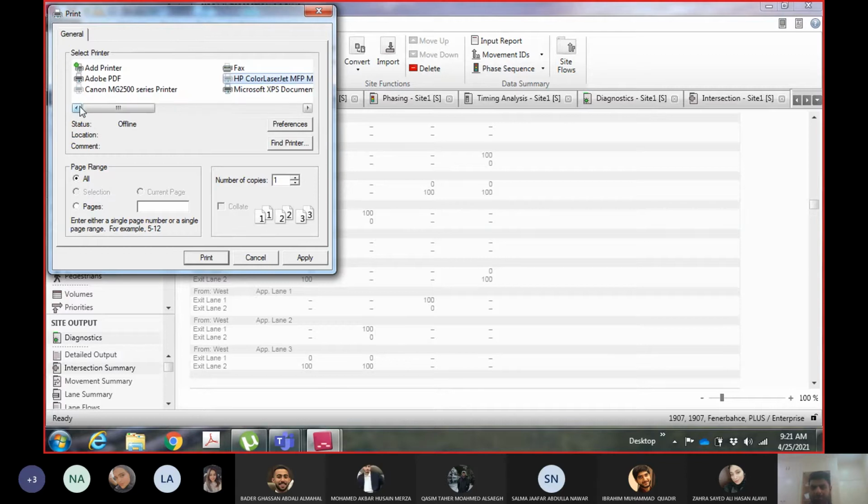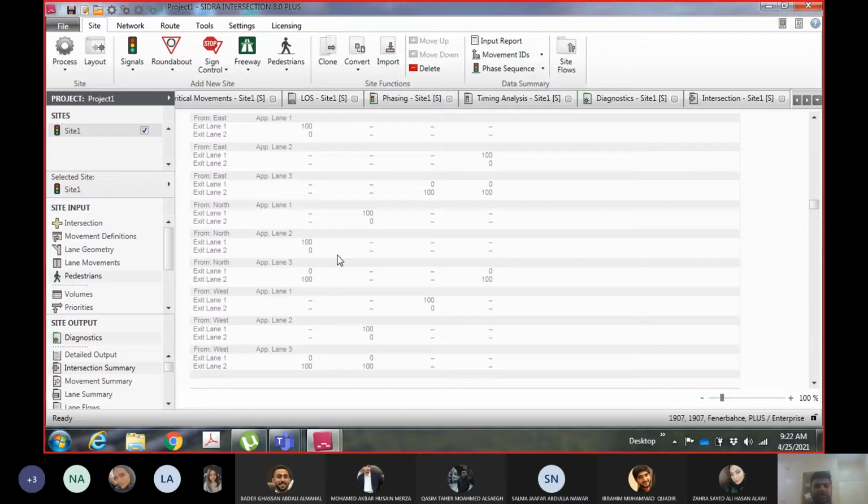If you go to some other system in which this software is not installed, then you can print it as PDF, or you can print it as a OneNote file. OneNote means that it will be in the form of a picture, as those of you who already use OneNote would know. And if you print it as PDF, it will print as PDF.